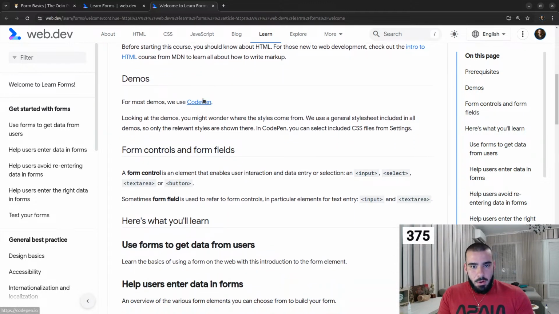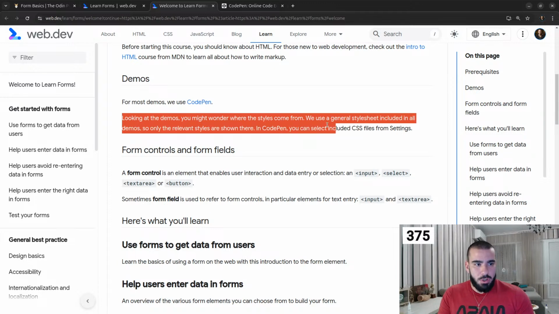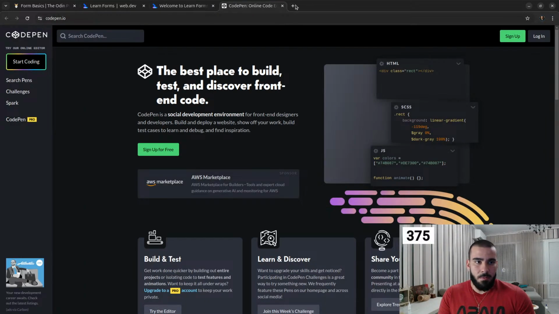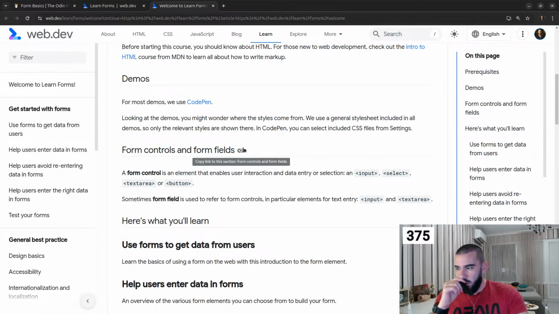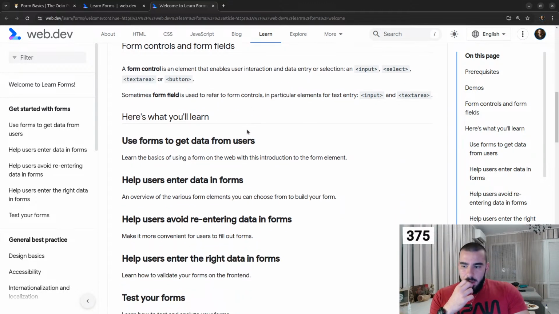Okay. For most demos, we use CodePen. Looking at the demos, you might wonder where the styles come from. We use a general style sheet included in all demos, so the only relevant styles are shown there. In CodePen, you can select included CSS files from settings. Alright, I don't know if I'm going to be going through the CodePen, but we'll see about that. Alright, so